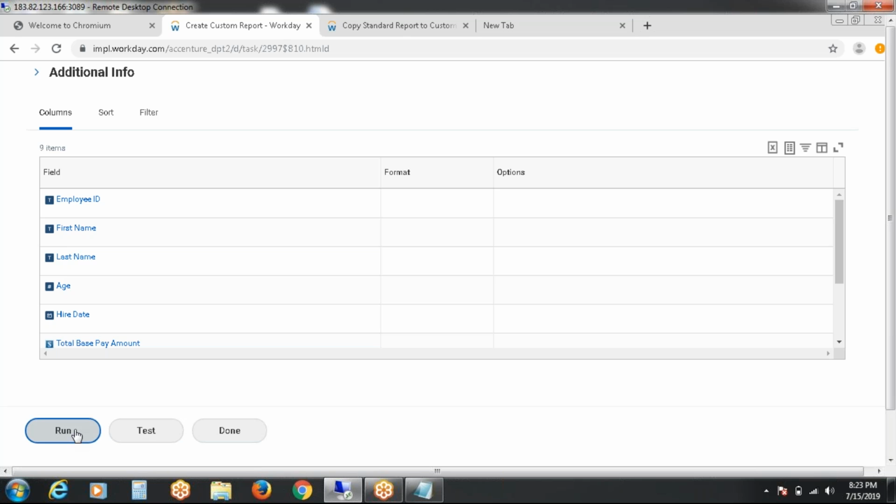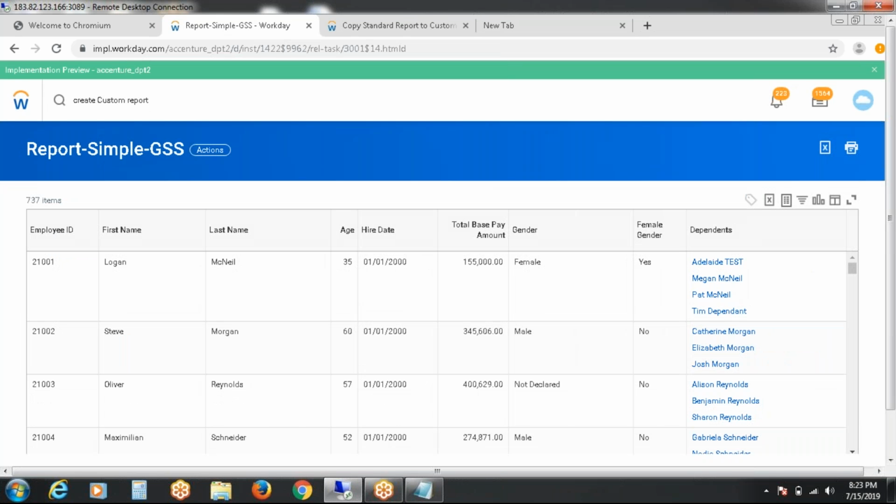Say run now. See the results, all fields are available. If you remove that filter condition, you will see some 3000 or 3500 items here instead of 737. Why? Because those details are created by ourselves.